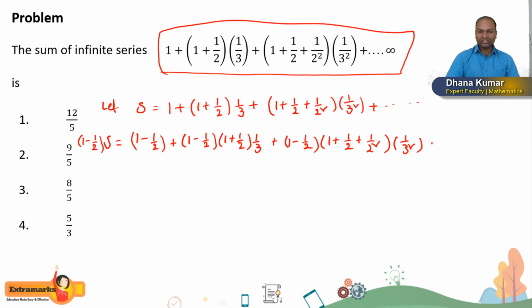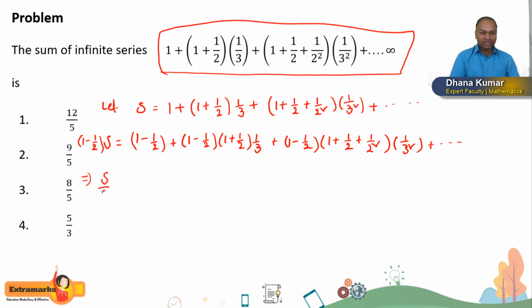plus and so on. Why am I taking 1 minus 1 by 2 especially? Here you see, it is in the form of a minus b into a plus b. The formula is there. Here a minus b into a square plus ab plus b square form is there. Then also the formula is there. Right. That is why I am doing some adjustment like this. Now, 1 minus 1 by 2 value is what? 1 by 2. So that implies